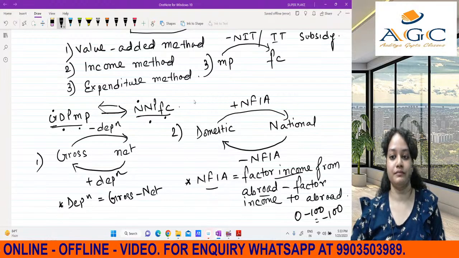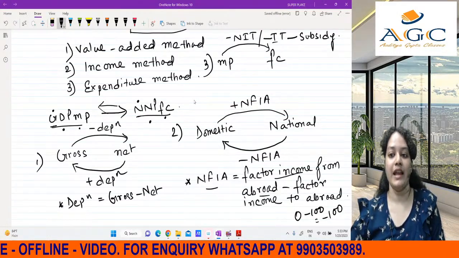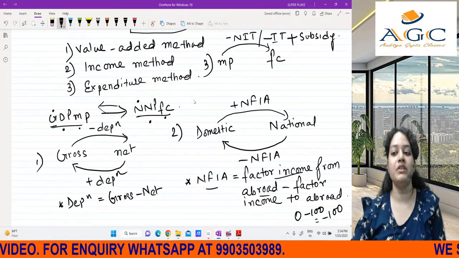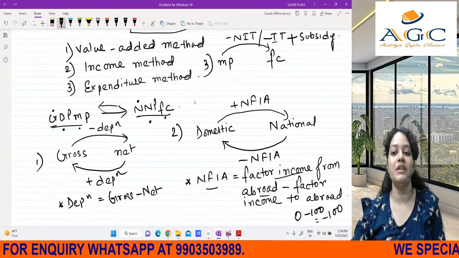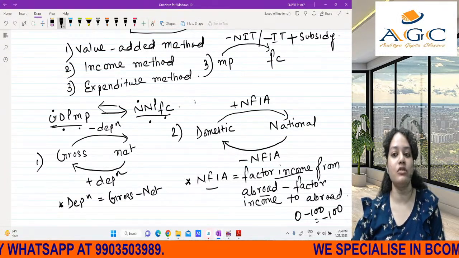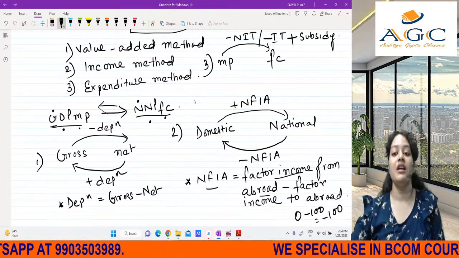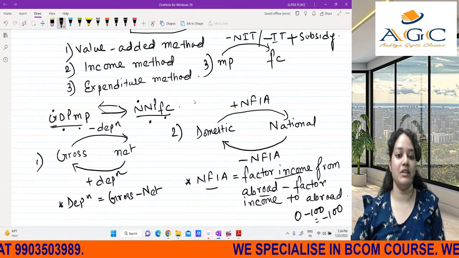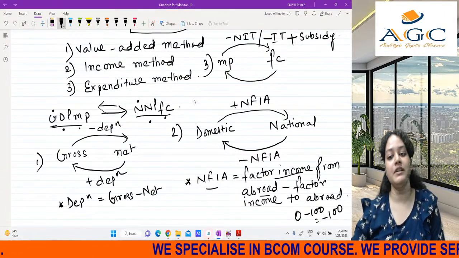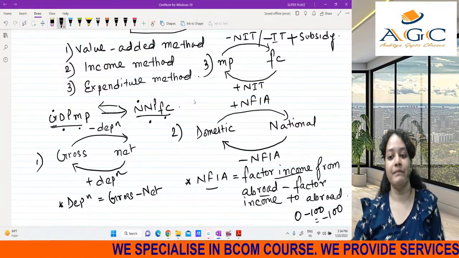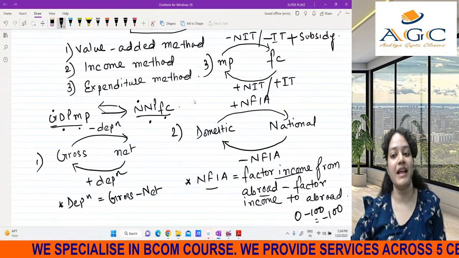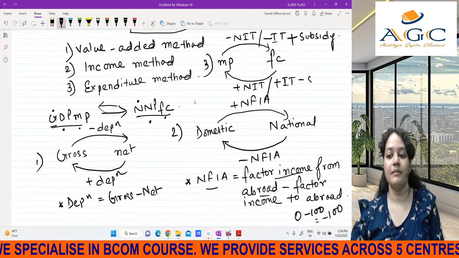For this, we have to deduct our IT and add our subsidy. To avoid confusion, do not put these in brackets, otherwise you might get confused if the value comes out minus, and with brackets you get minus minus plus and all those confusions. So just do not put any brackets: minus IT plus subsidy, to avoid confusion. And from your FC to MP, just the opposite, plus NIT. And if NIT is not given, then IT and subsidy will be given. So just the opposite of what we did earlier: plus IT minus subsidy.